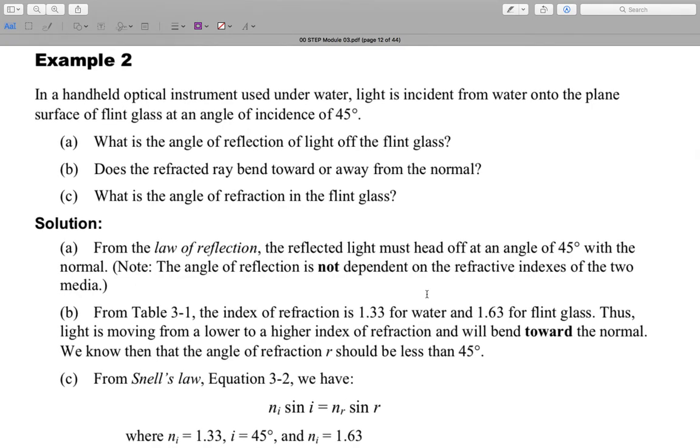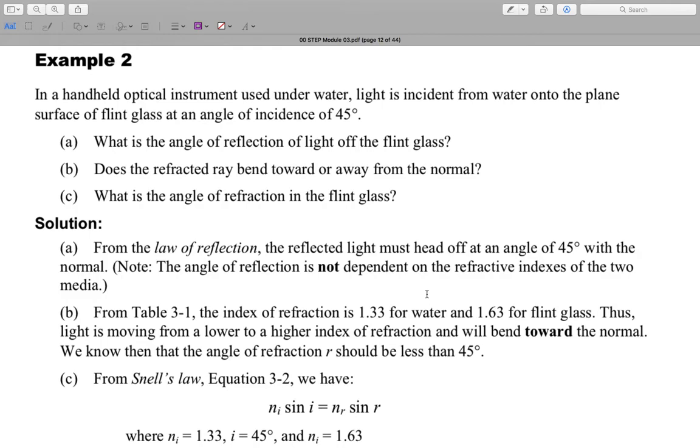In a handheld optical instrument used underwater, light is incident from water onto the plane surface of flint glass at an angle of incidence of 45 degrees. Question A: What is the angle of reflection of the light off the flint glass? B: Does the refracted ray bend toward or away from the normal? C: What is the angle of refraction in the flint glass? So the solution is,